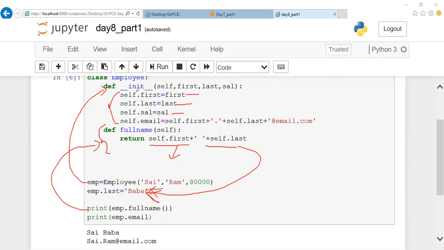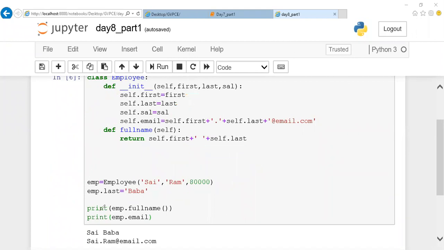But what happens for this particular email id? This email id would have been formed when this particular function is called, right? So when this function is called, this email ID would have been created. After this, we didn't have any function called email ID to rewrite it again. So this will be executed only once at the beginning of a program, and after this, it will never be executed. So wherever you call this email ID, the old formed email ID will be displayed. The data will not be updated.